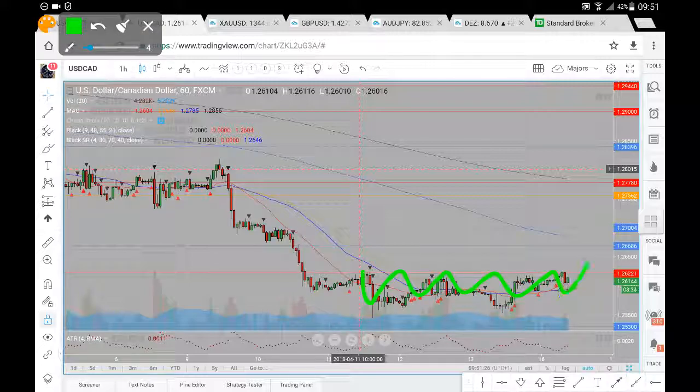Due to the frequency of tests of this 126.22, there remains a possibility of seeing a break here to the upside. After this pretty long period in test, we've not seen that sell-side momentum follow through down towards that 125.30. So if we do see that break and hold of 126.22, we're looking for price to move up towards that 126.70. Successful break from which we're looking for price up towards that 127 level, while being aware of the 200